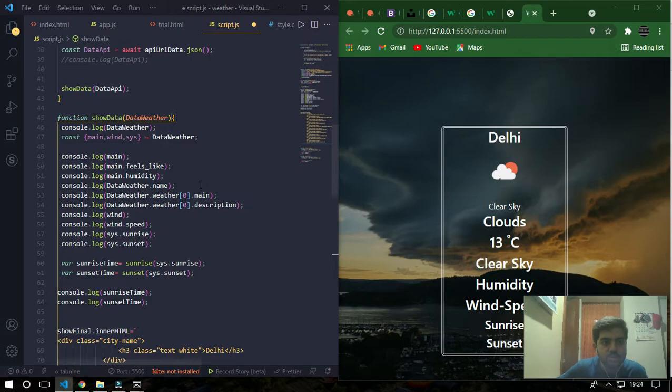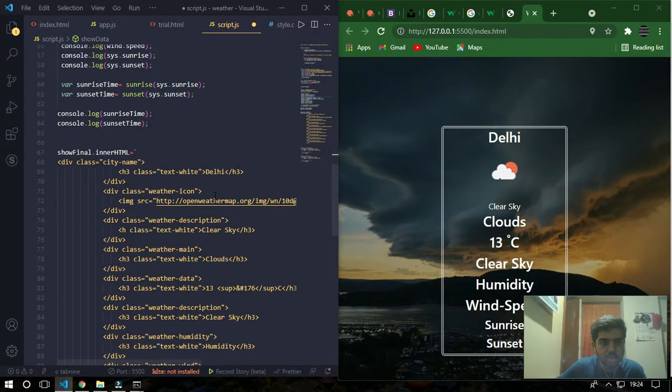So I need data.weather.name here, so I just use dollar and braces to change this static name into the name provided by the API. Then let me also change this image, that's quite easy now.